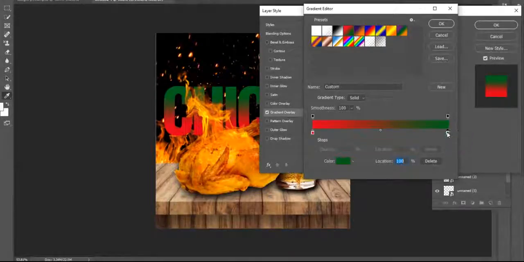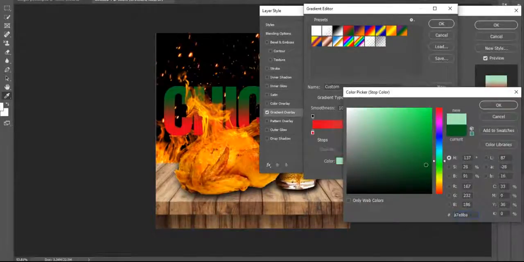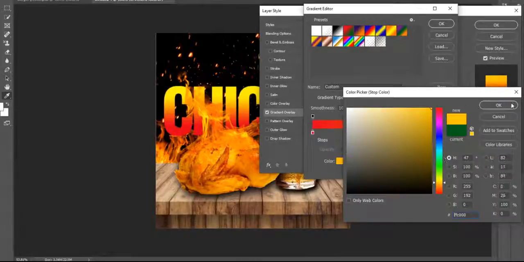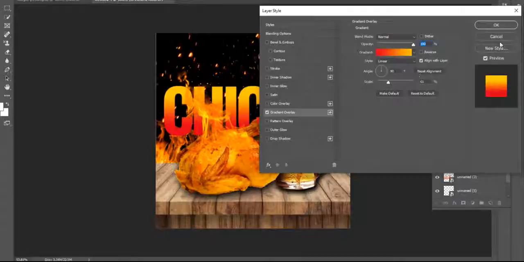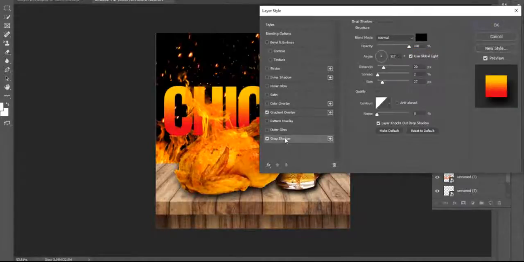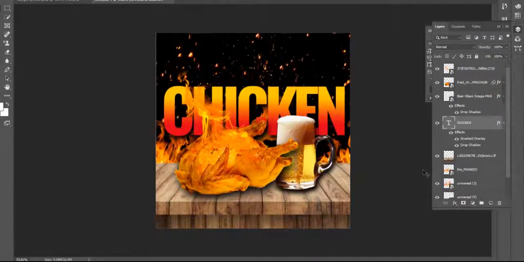This is called the slider, right? I just select the gradient slider and click on the color and change the color into yellow, right? And then press OK. So here I press OK, then I press OK. I need a drop shadow also here. Yes, look at the shadow. Shadow basically gives distance, a 3D gap, so that's why I'm using it. Yes, chicken.